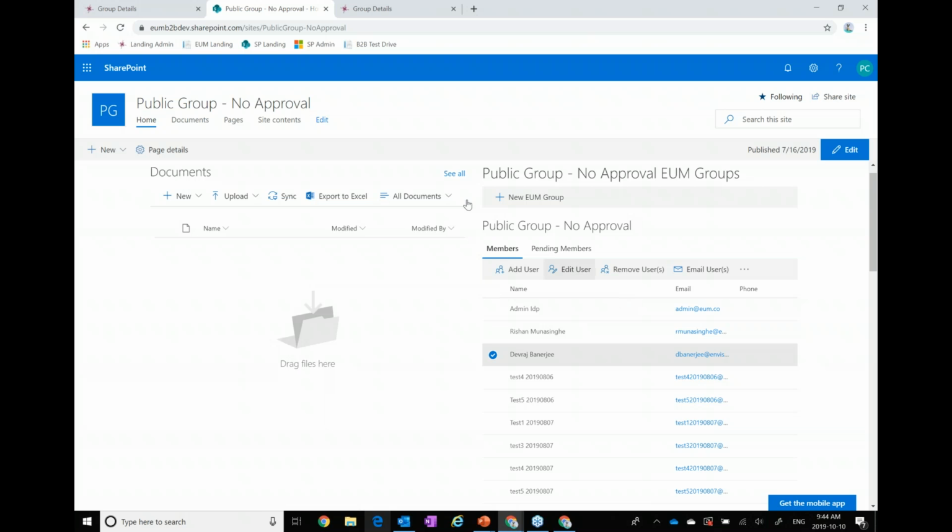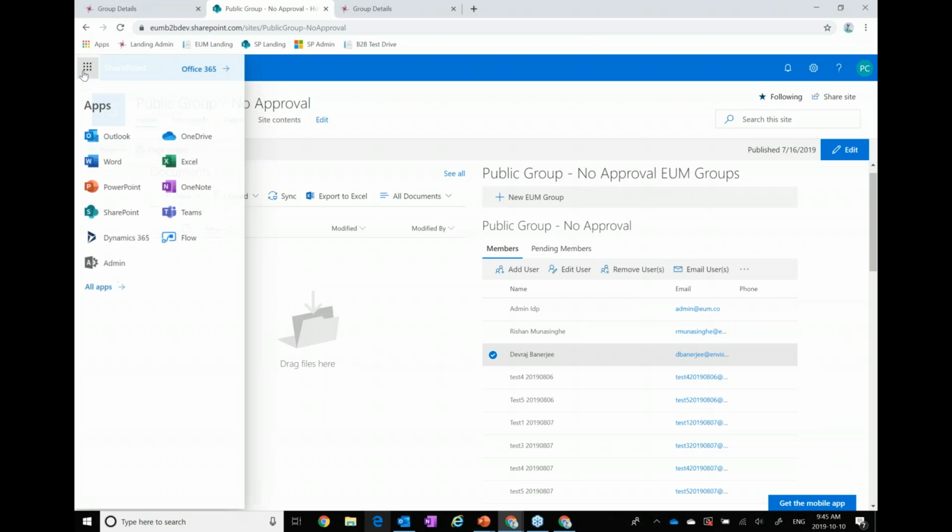So now this is not just available from a SharePoint Online point of view. In fact, if I come over to Microsoft Teams, Teams is something that we're doing a tremendous amount with. We're using it ourselves extensively. It's become our primary communication tool at Envision IT, but also with our clients, Teams is getting a huge adoption curve from that point of view. So if I come into my Microsoft Teams,